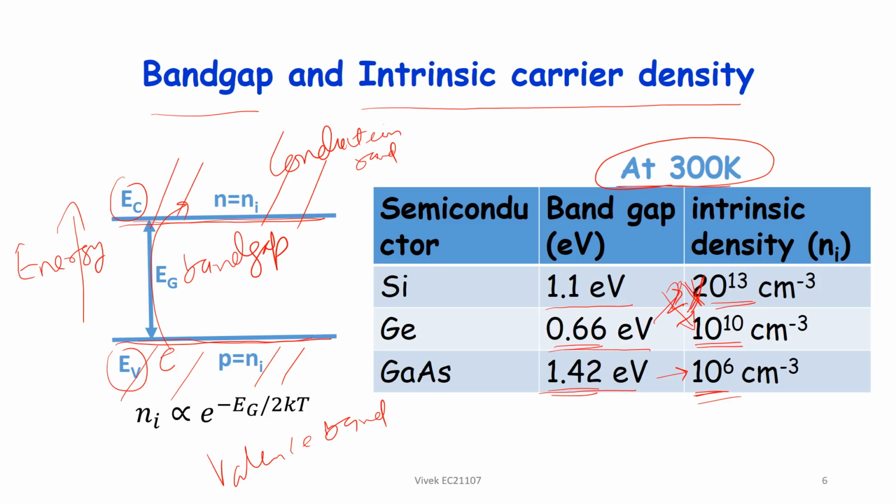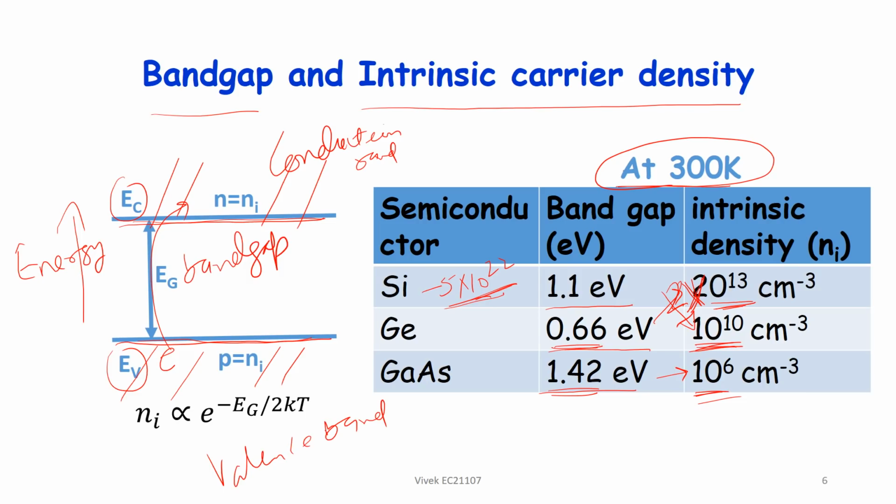Now this number may seem big, but if you look at silicon, how many atoms are there per cubic centimeter? 5 times 10 raised to power 22. And what is the intrinsic carrier concentration? 10 raised to power 10. So that means out of 10 raised to power 12 atoms, only one atom is giving an electron to the conduction band. So it's very less. This is typical at room temperature. But if you lower the band gap, as you see in germanium, it rises to 10 to the power 13, right? Now atom density may be slightly different, but definitely of the order of 10 to the power 22 only.